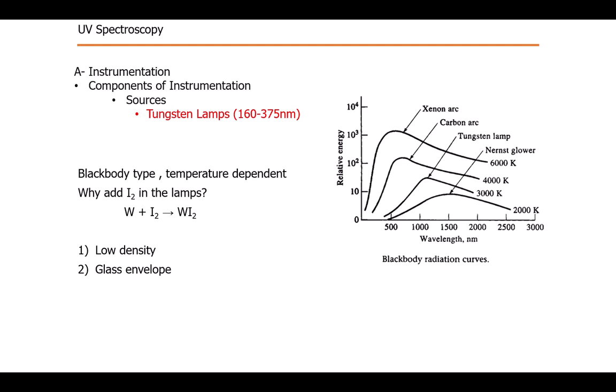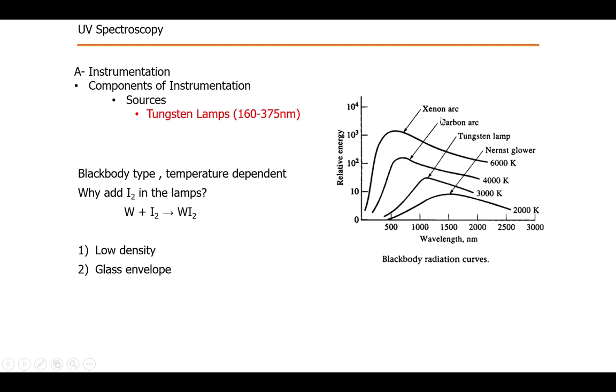Tungsten lamps usually use iodine in them. Actually, whenever tungsten vapors are produced at a very high temperature, those tungsten vapors may damage the glass walls and may accumulate on the glass walls. Iodine vapors are used there in the lamp. These iodine vapors would combine with the tungsten, and they would convert it into tungsten iodide. In this way the life of the lamp is enhanced somewhat.